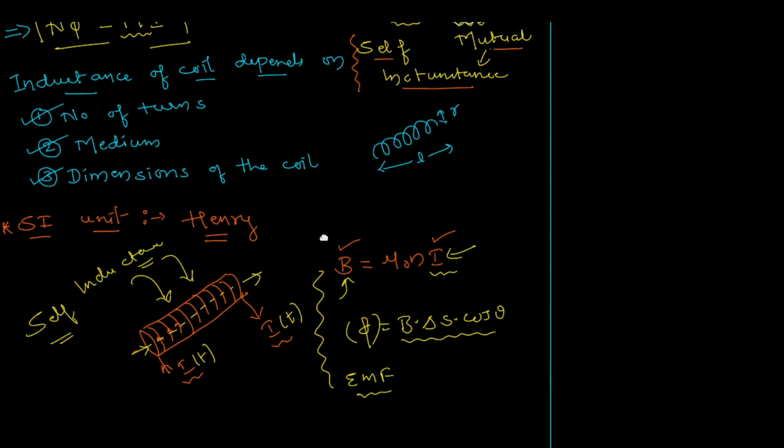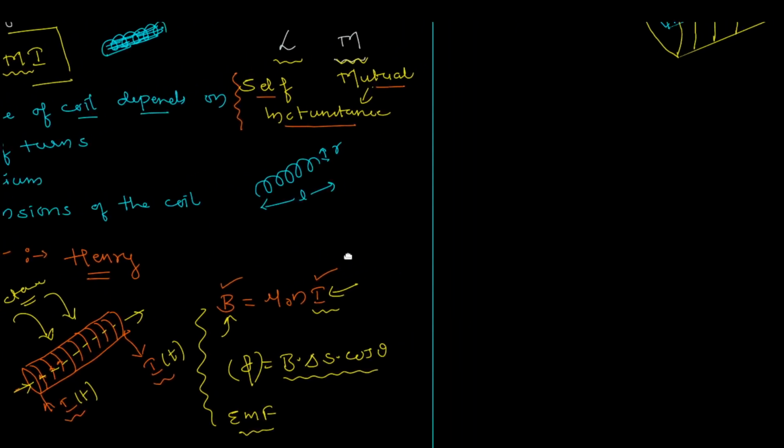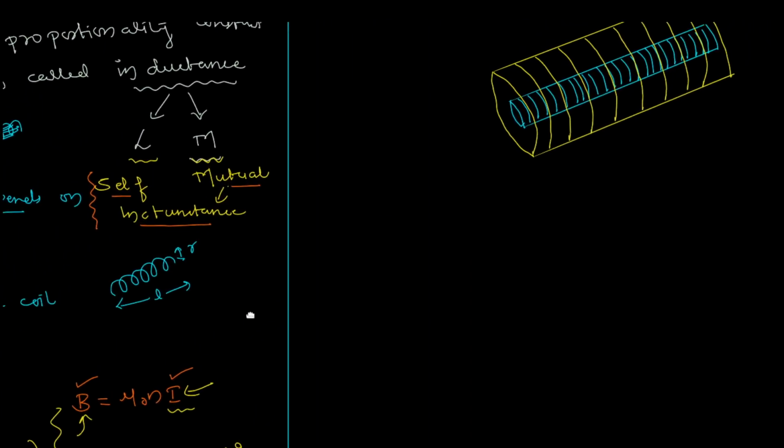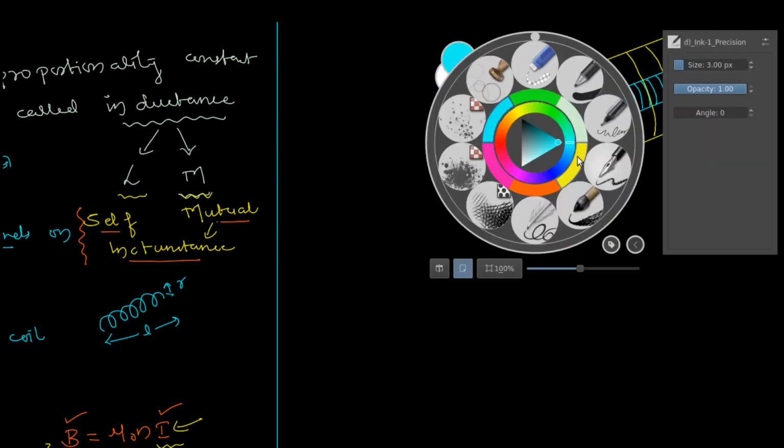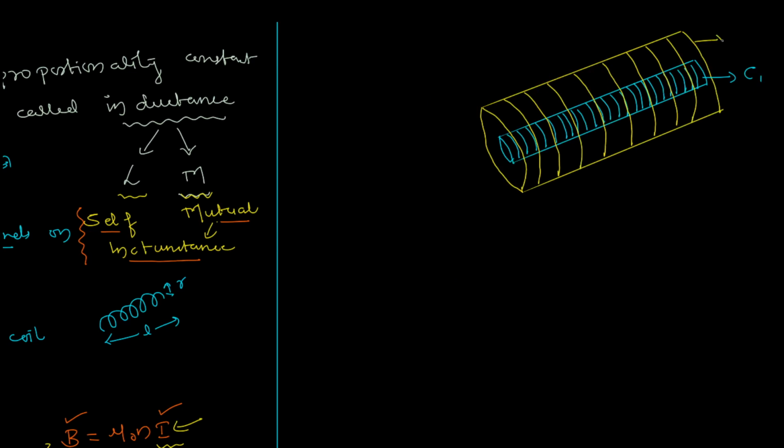It's called self-inductance, right? Now mutual inductance, I have a diagram ready here, so let's look at it. In mutual inductance, you'll have two coils. Let's call the inner coil C1, and the outer coil C2. Both these coils in fact have current through them, but for argument's sake, let's say